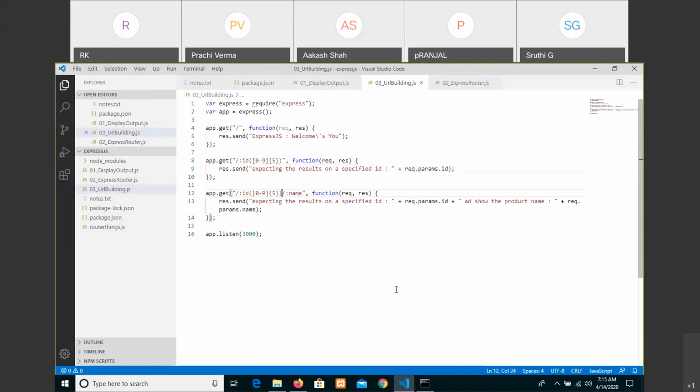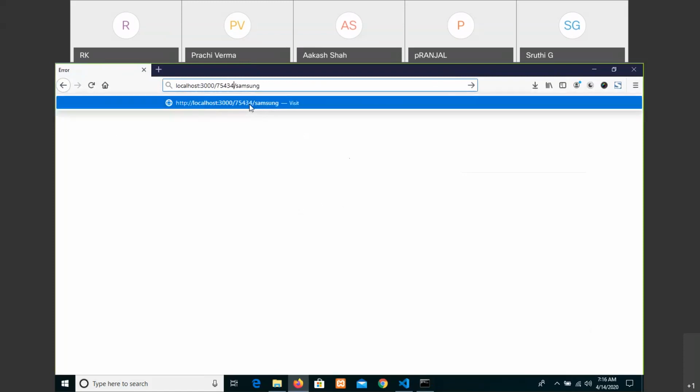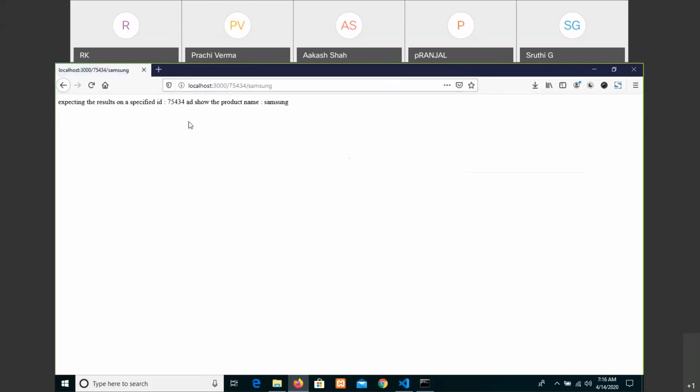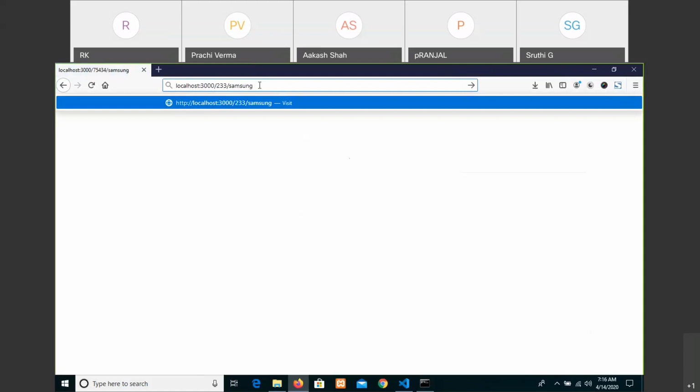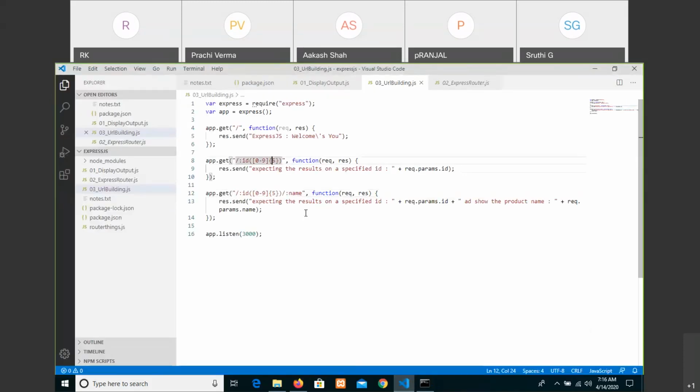Okay, so now if the user is entering like this, it is not accepting because it is not matching the given criteria. So make it something else, then it is displaying. If it is just one or two or three digits, that is also not accepting, because we have given exactly five.